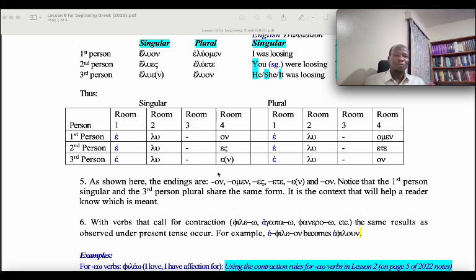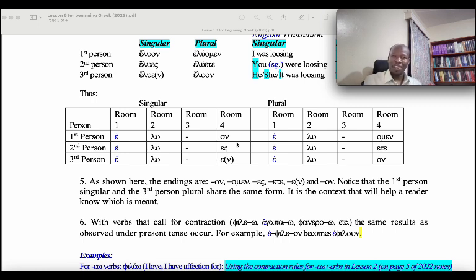What differentiates it from the first aorist is that the first aorist has an augment plus a sign of tense, and its ending is also different from this imperfect tense. So have your mind